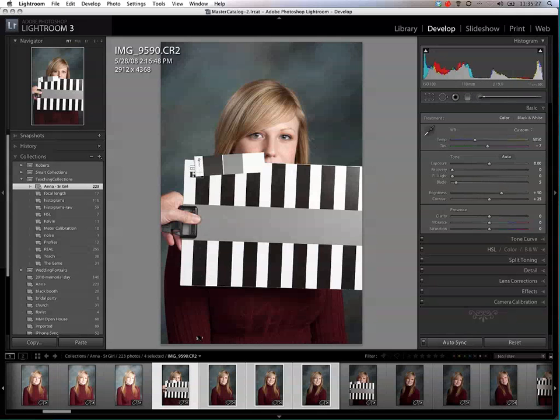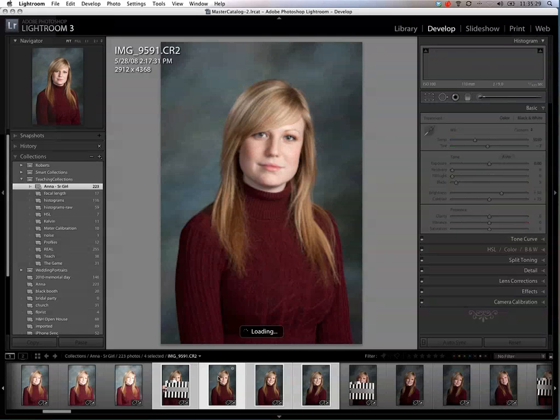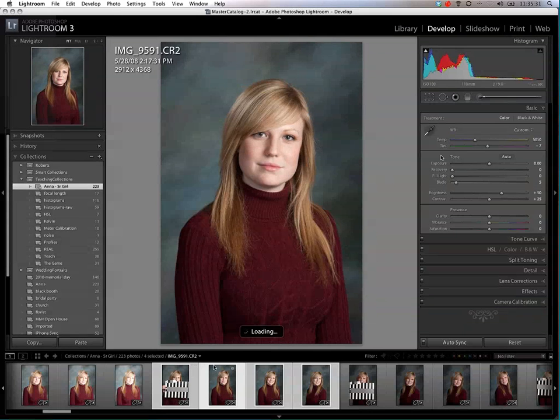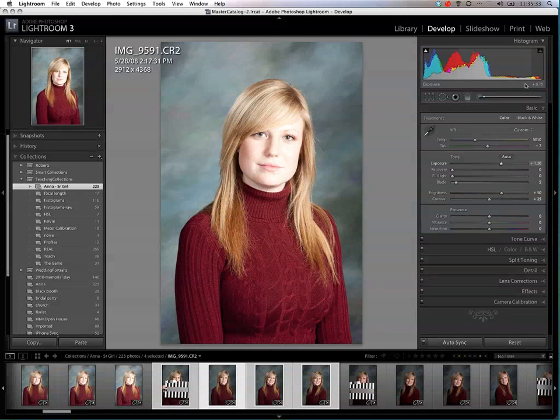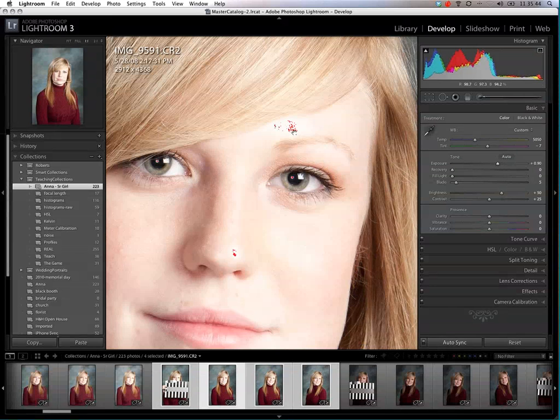Okay? The next thing I'm going to do is select one of the images with a lot of skin tone. If I highlight this image, I'm going to turn on my warning tones to find the brightest part on her face. So I can see right there up in her forehead, see that little dot of red that's showing up. That's letting me know those values are brighter than